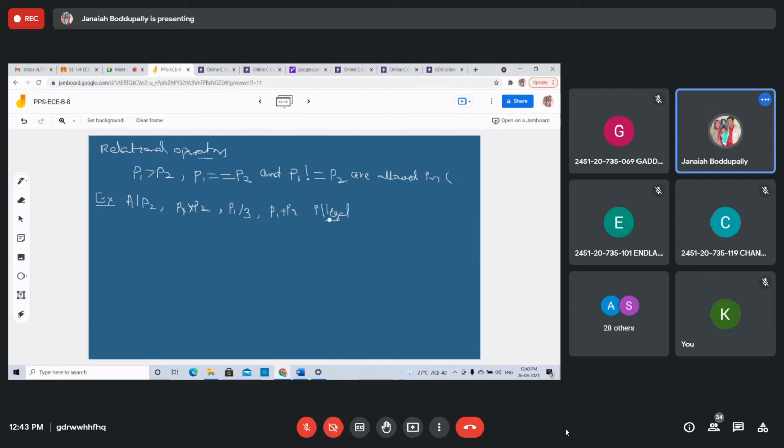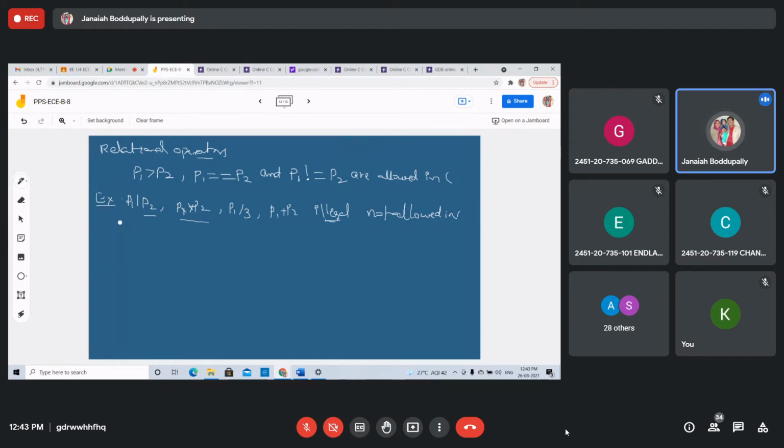You can't use them. C doesn't allow all these operations for pointers.